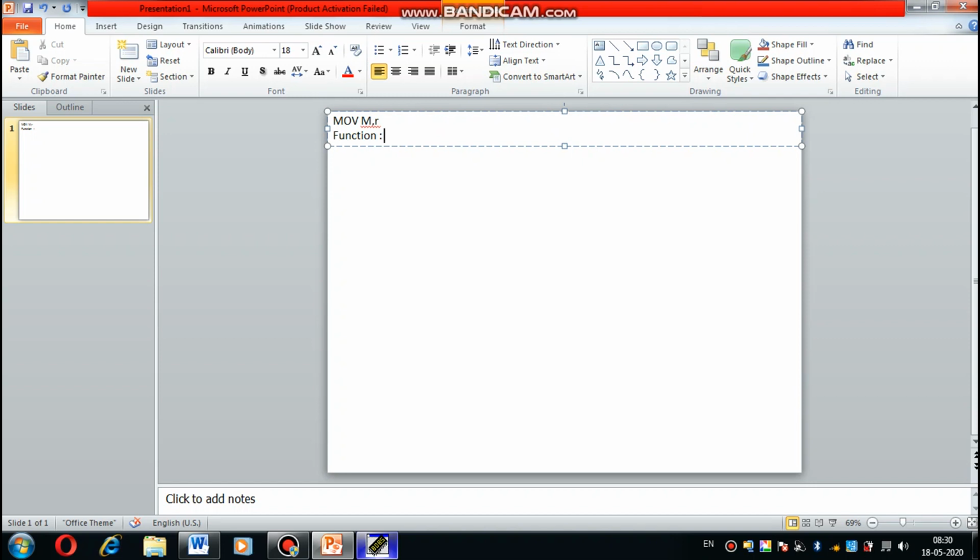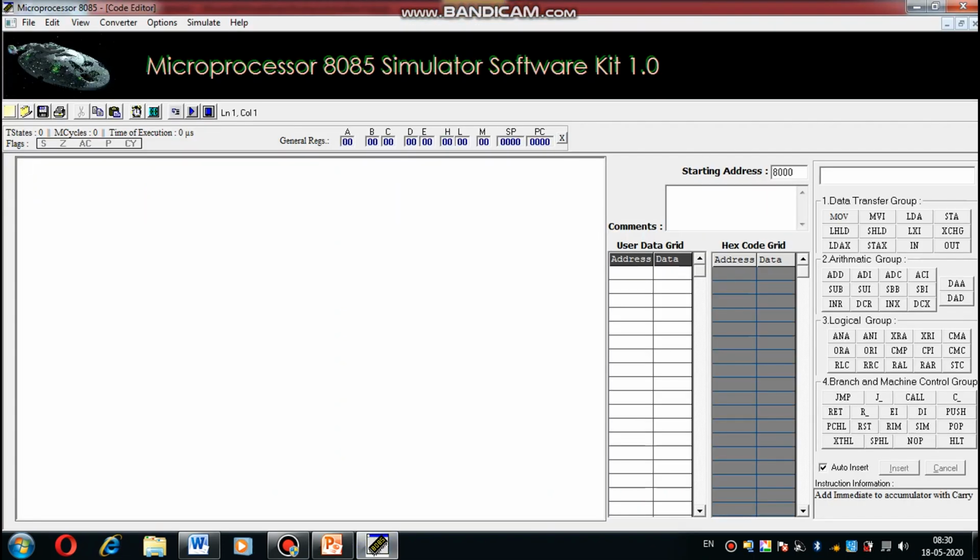Look here, I initialize HL with 2300H. I take this HL address content as 23H, that is, in memory location 2300H the content is 23H.